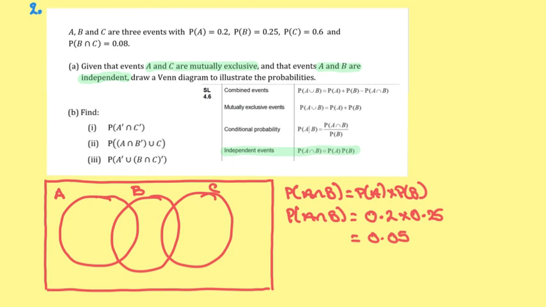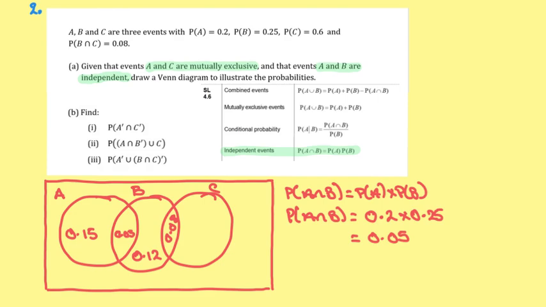So I'll put in the 2 intersections first. So A intersection B is 0.05. B intersection C is 0.08. Now the whole of A needs to be 0.2. So seeing as there's 0.05 already, this must be 0.15. The whole of B needs to be 0.25, but there's also already 0.08 and 0.05. So this bit must be 0.12,